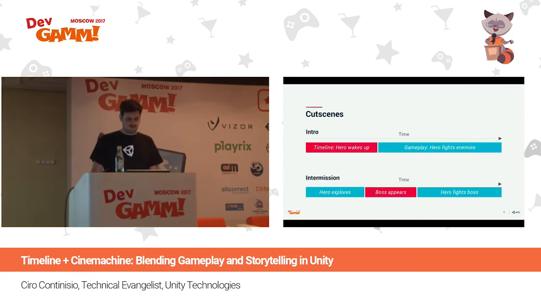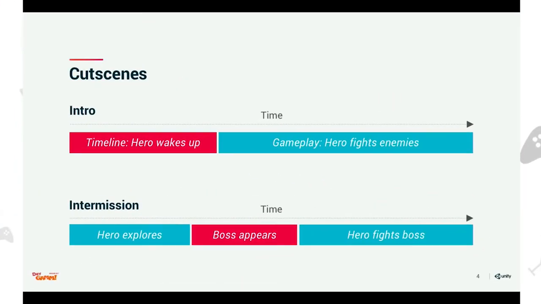When we talk about cutscenes, one thing I want to mention is that when we mention the word cutscenes, we usually think about something that plays, especially in the beginning of the game or a level, right? So I call it timeline because it's the name we give it in Unity. So the hero wakes up, there's this sequence playing, and then the gameplay starts, and he starts performing actions, so